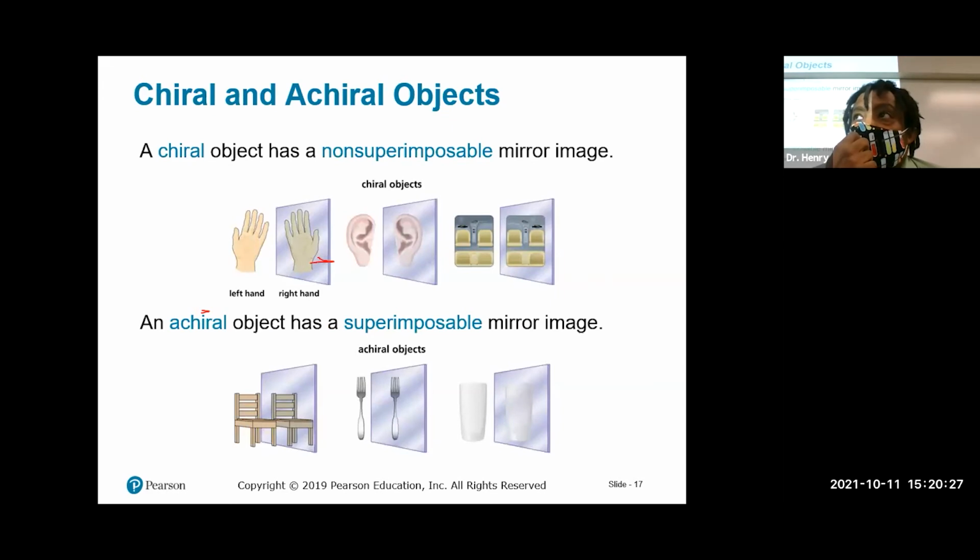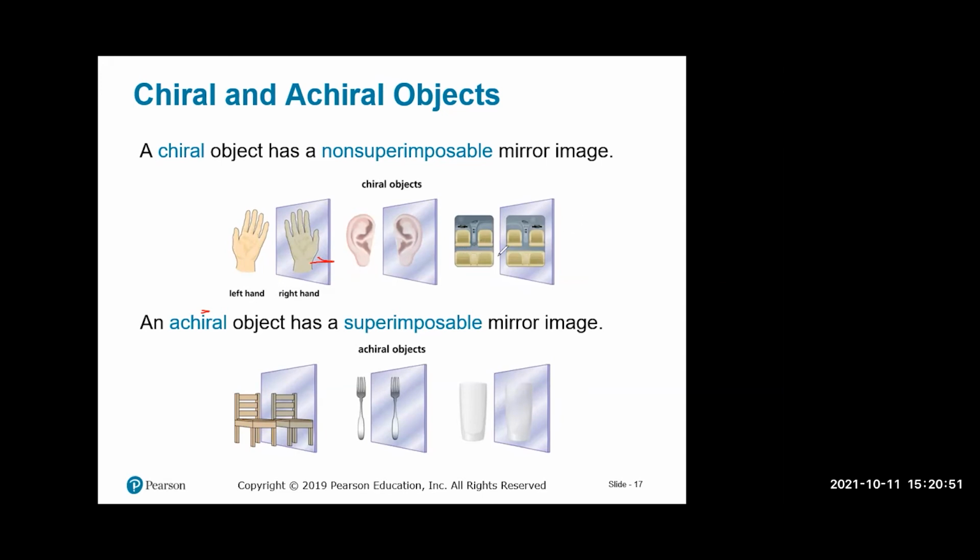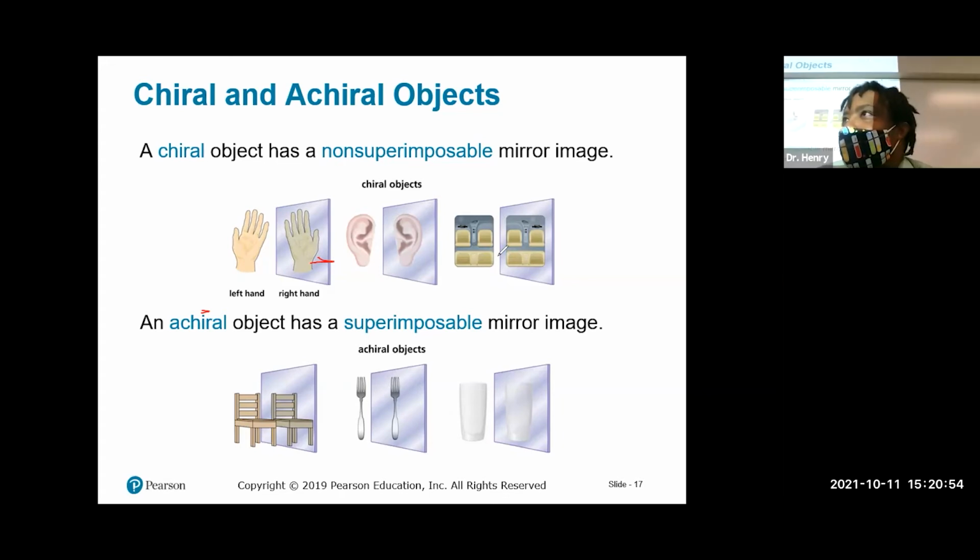Okay, so we have chiral versus achiral. So, and these guys are going to be chiral, right? Our ears are chiral to each other. I don't know what the hell that is. It looks like a seat. It's a car seat? Car seat. Okay, car seat. Or the front, like the front seat of the car. Okay. Yes. Ah, okay. I guess I see it. Sort of. Yeah, I see the steering wheel now.